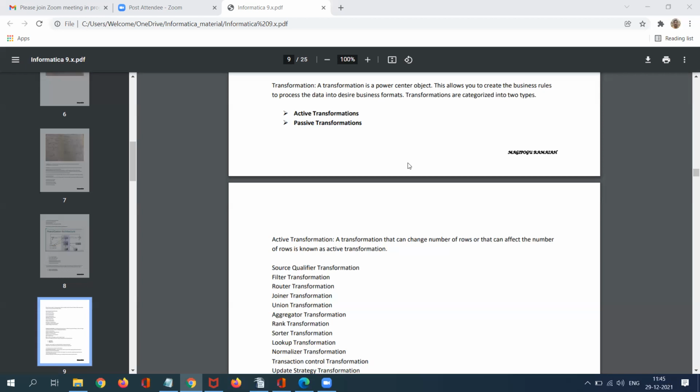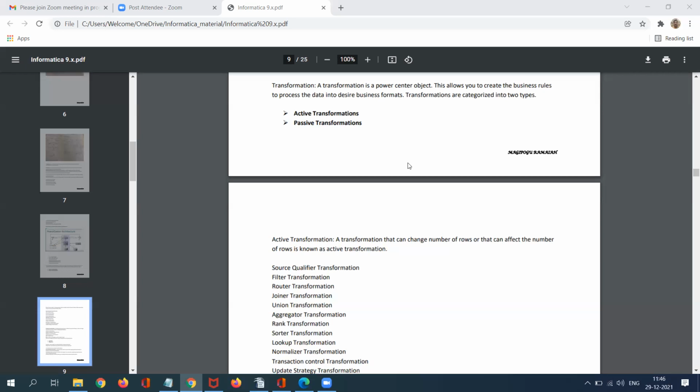As per my business logic, 6 records are rejected. That type of transformation is called an active transformation. Suppose I send one record as an insert, and at the downstream level it is considered an update. I am sending it as an insert, but it becomes an update. That is also called an active transformation.